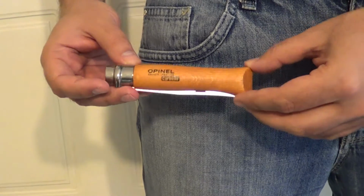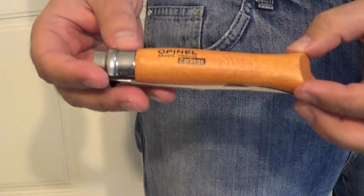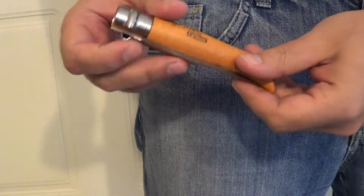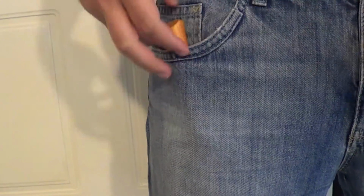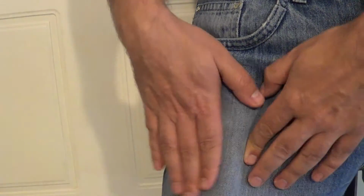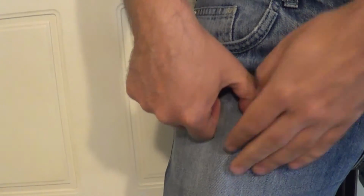So I'm standing in front of my door. I'm wearing jeans that are not a very tight fit, as you can see here. And I have the Opinel knife. And yes, you can see it's quite thick and big for everyday carry. I'm going to put it in my pocket. And you can see that although it's not a very tight jeans, it points out that I'm having something where I'm very happy, if you know what I mean. I have either a big marker or something big extending out of here,